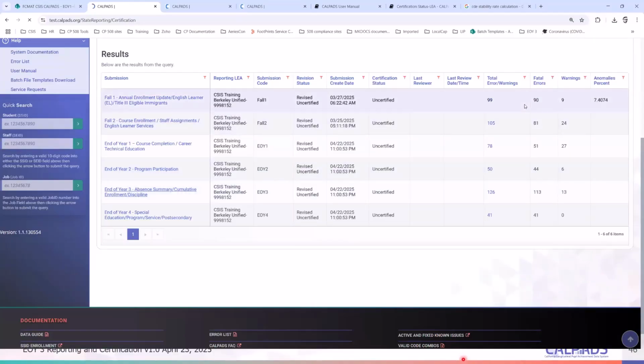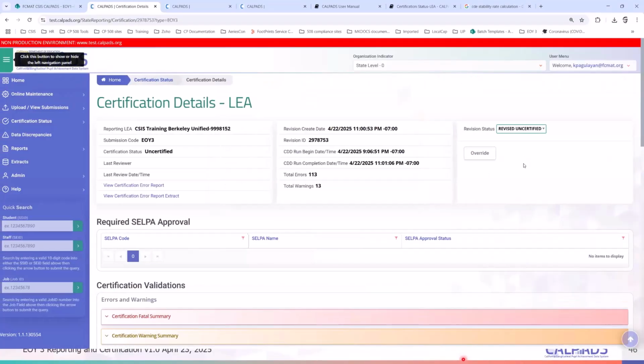This has been an ongoing issue. Sometimes you are in review or LEA approved or SELPA approved, and you want to check if the corrections you've made already generated a new revised uncertified version. Make sure that you click on this, and then there should be a revised uncertified version.